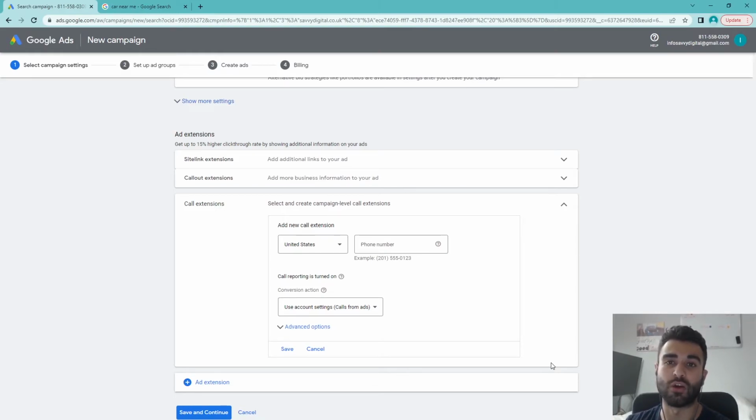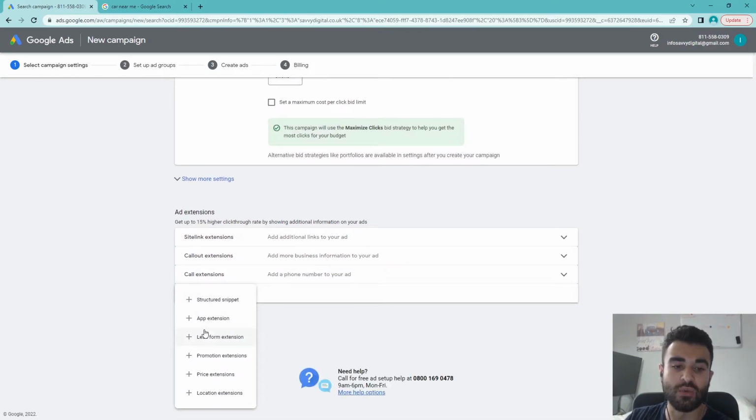Or say you're even a local store, it allows people to get on the phone, and it increases their intent to visit you and purchase your product. So going through the other extensions, we can see you have structured snippet, app extension, we have lead form, so